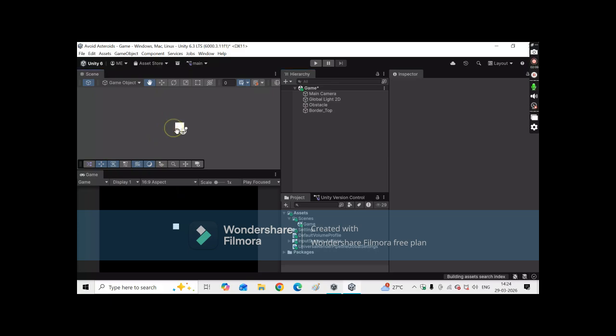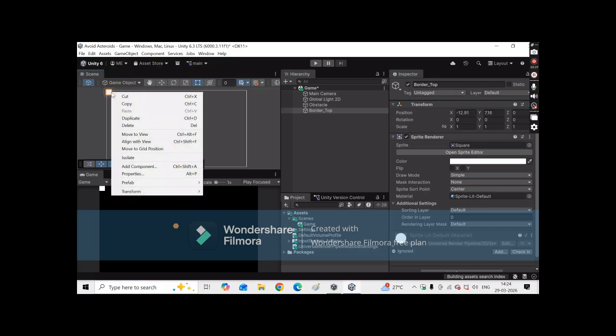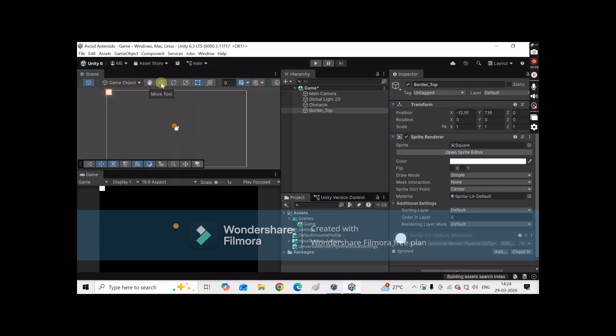Now, as you can see, we will select this border top and use the rect tool. By using this tool, we can change the size and shape of this object. Then select the scale tool to change the size of the object.